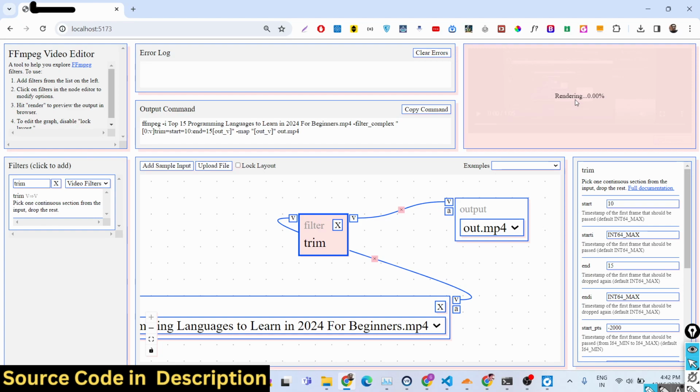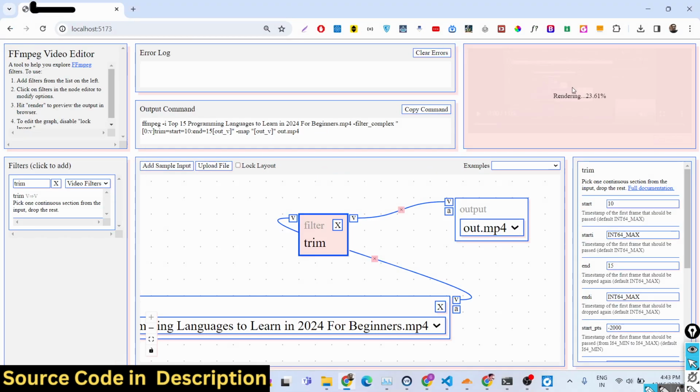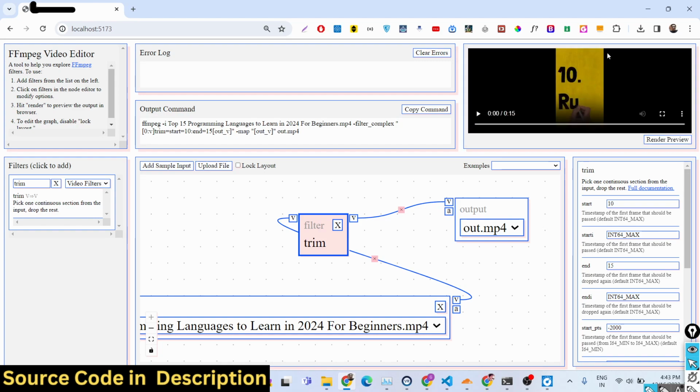Once it reaches 100%, it is rendering it. Just wait for the process to take place. Once it reaches 100%, your video will be trimmed. You can see it is rendering. You will see that 20%. Once it reaches 100%, your video will be trimmed. Now you can see that, guys,